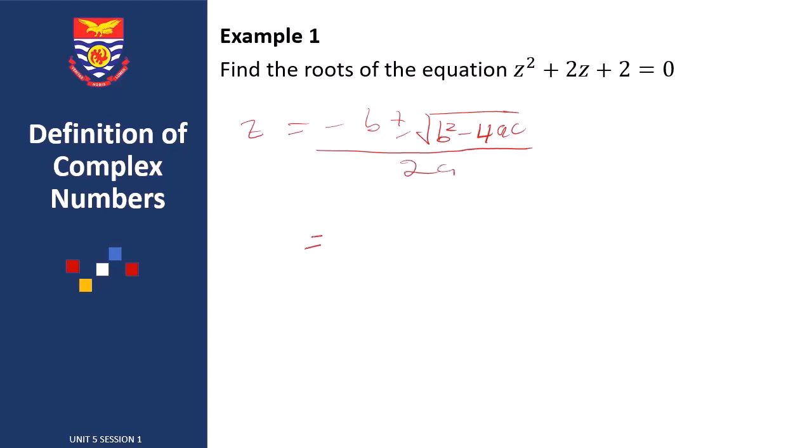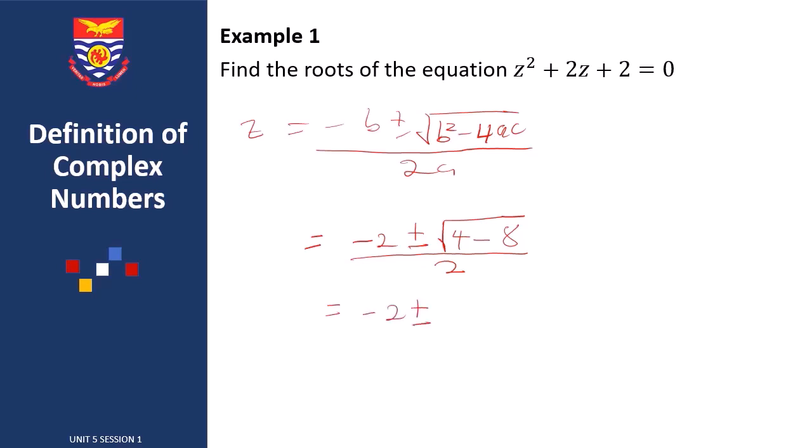Okay, and this will be equal to, you put the values in, minus 2 plus or minus, that is b, square root of b squared, and b is now 2, so b squared gets 4, minus 4ac, so 4 minus 4ac gets minus 8, all divided by 2a, which is 2. And what do I get? So you get minus 2